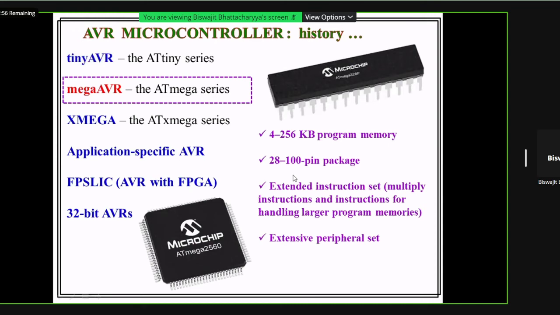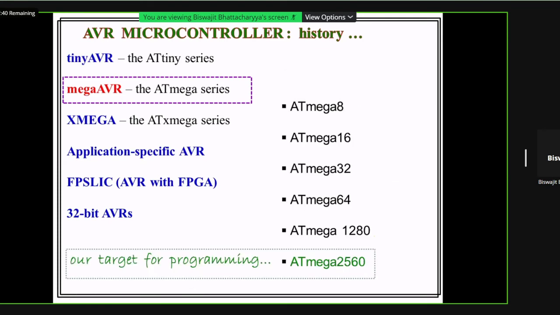It has an extensive peripheral set, an extended instruction set, and multiplication instructions, with facilities for handling larger program memories. So a lot of things are there in this microcontroller. Examples are ATmega 8, 16, 32, and so on. But our target for programming will be the ATmega 2560.